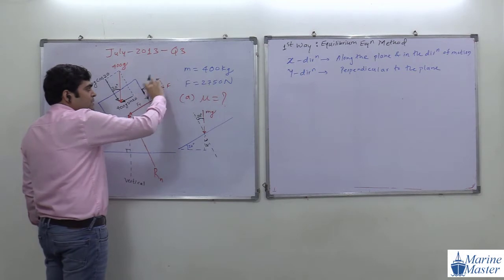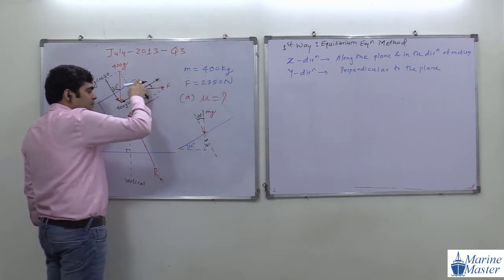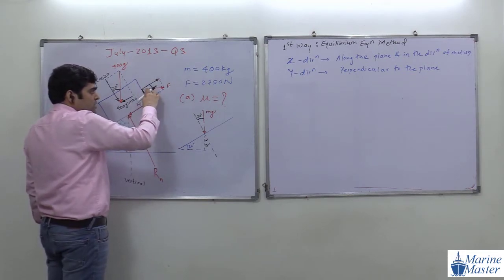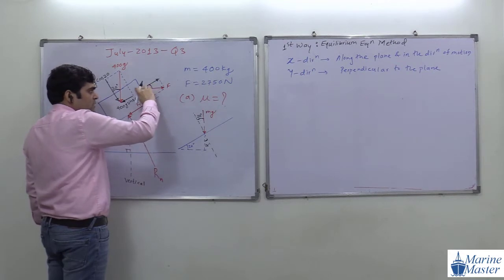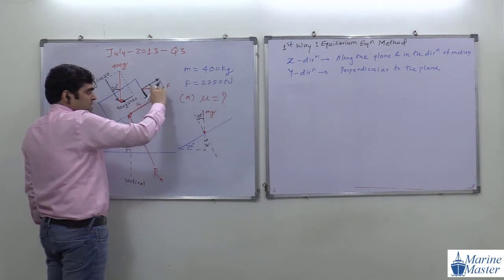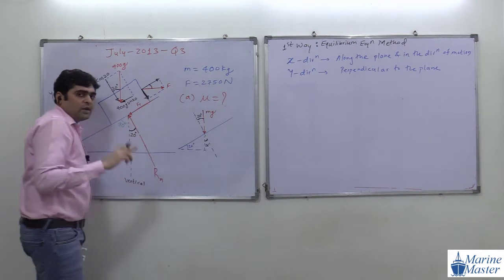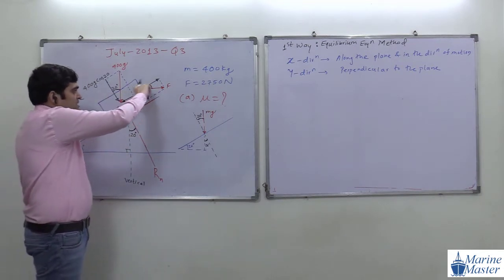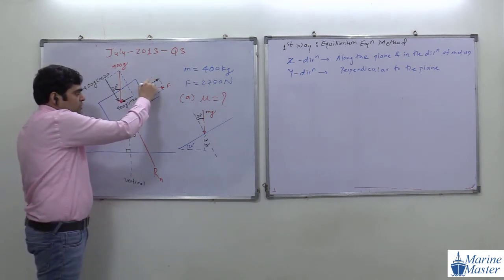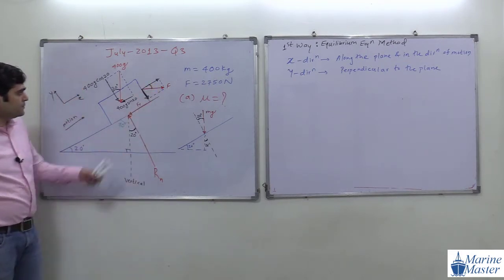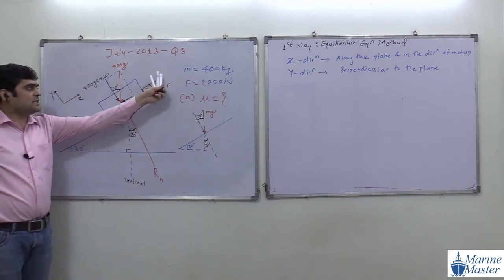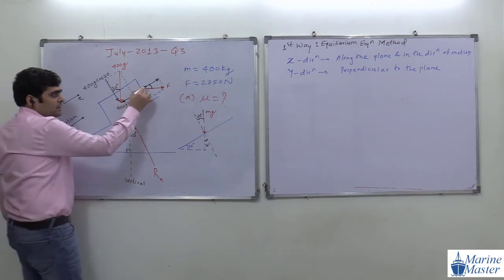Angle, this is what this component is along the plane. Another component is perpendicular to the plane. So this is what our F. This is the plane direction. F is horizontal. This is the plane direction. What is the angle between the plane and the horizontal? So what will be this angle, guys? This is F and this is along the plane. What will be this angle?